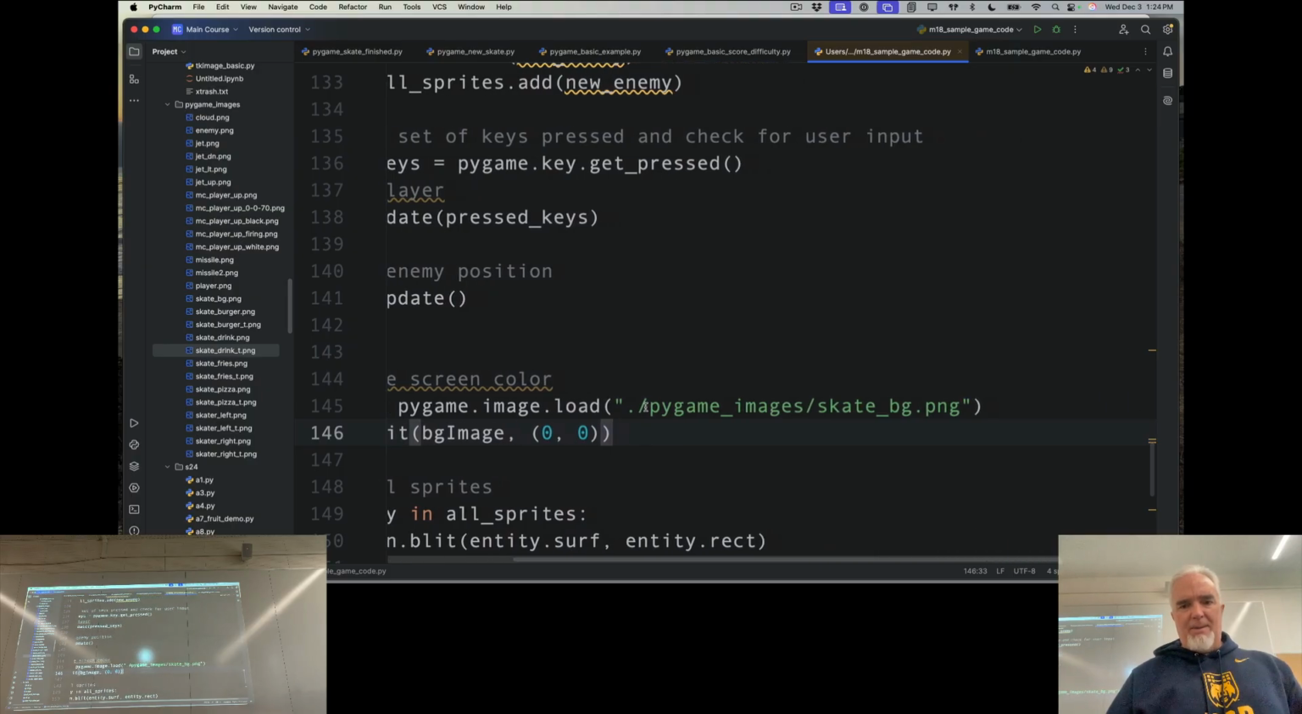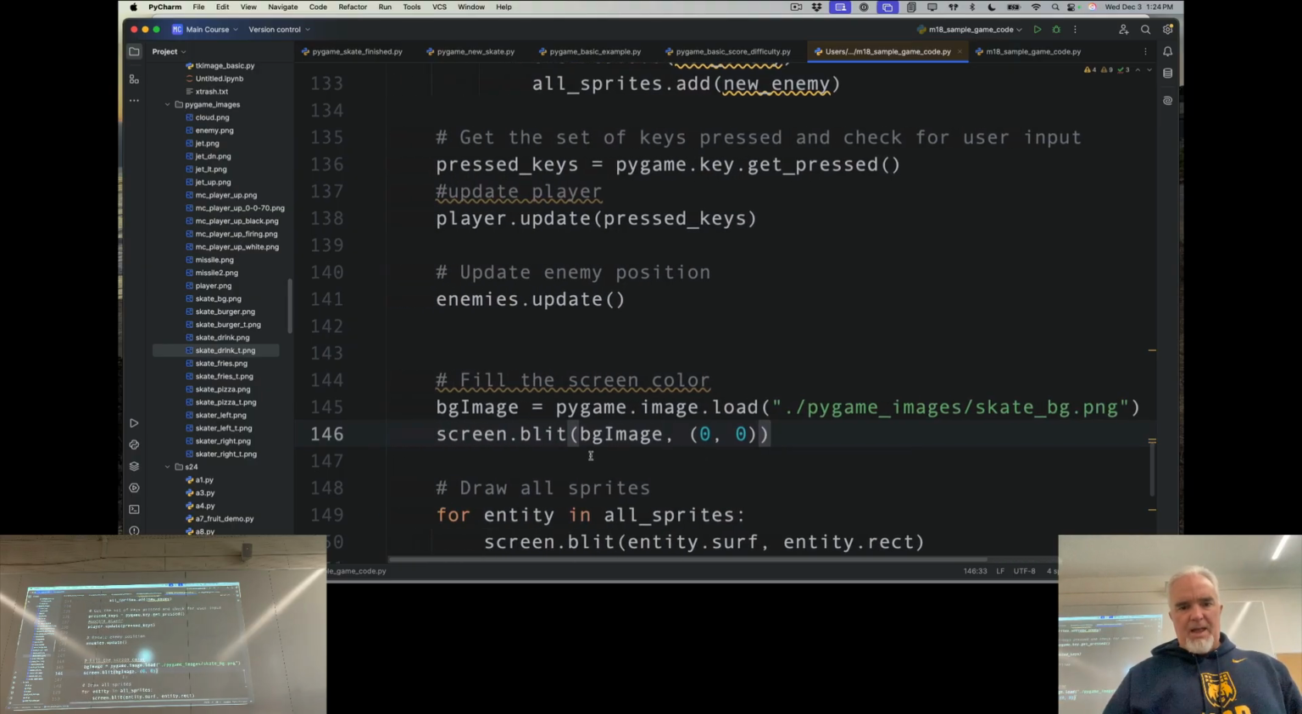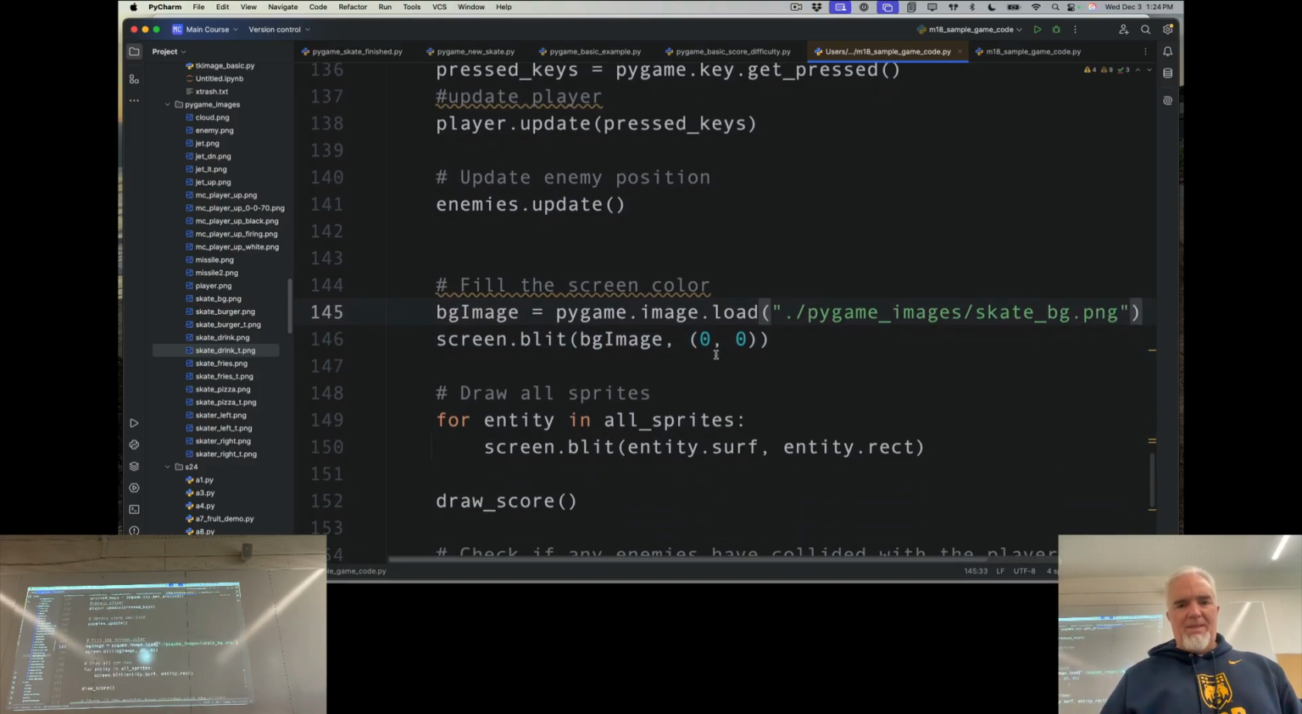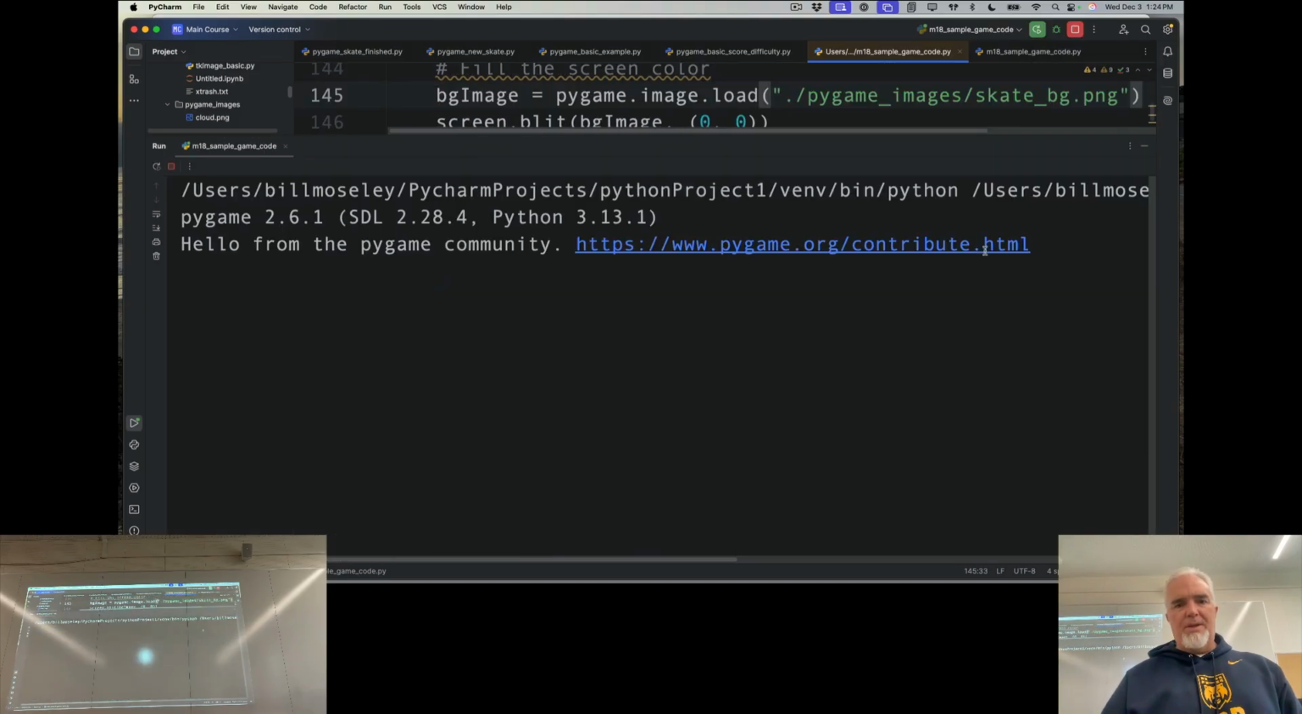So we're loading a background image, and then we're blitting the image on. 0, 0 just says put the upper corner of the image, align that with the upper corner of the screen. I made the image 600 by 800, so it fits. And now, we're blitting that, and then we blit the sprites onto it. So if I run this,